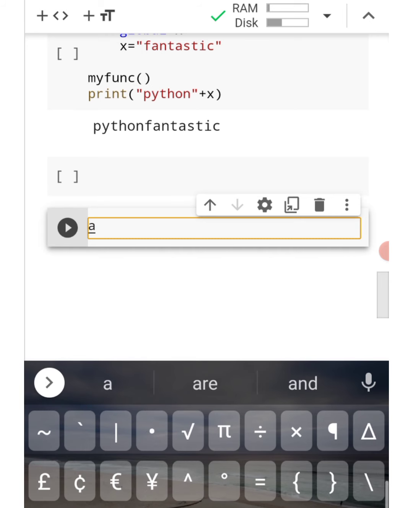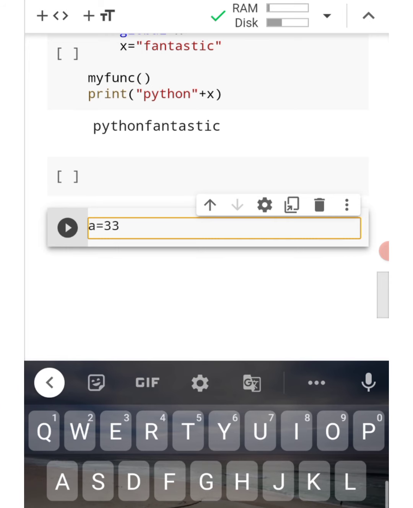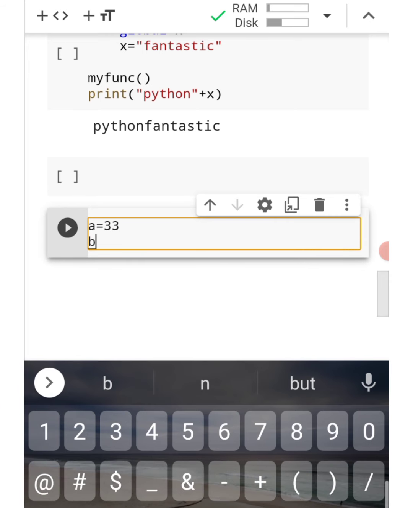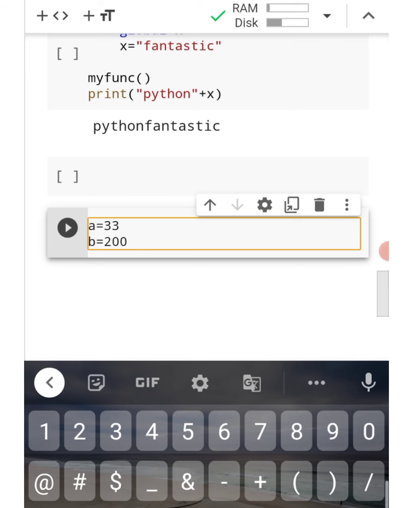We initialize two variables, the first one is a and the next variable we initialize as b, and put values in them. We put the value of b as 200.